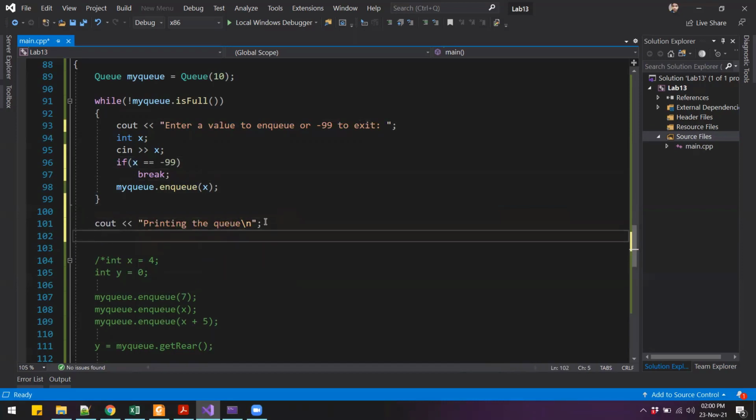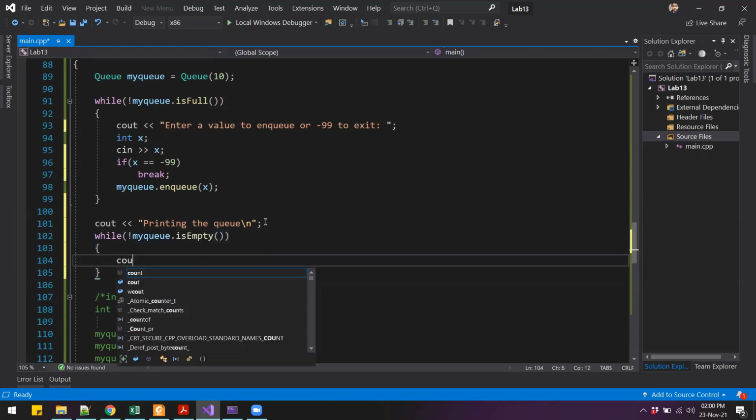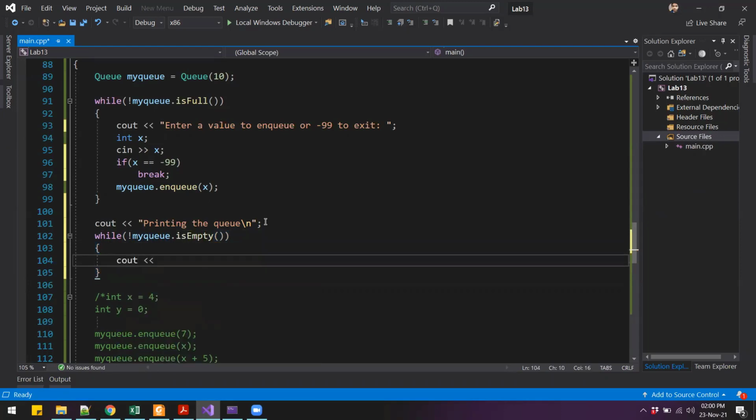How do we print the queue? We can use the dequeue function, right? So I can again write a while loop. We can say while the queue is not empty, so until the queue becomes empty, we will get the value from the queue and print it.